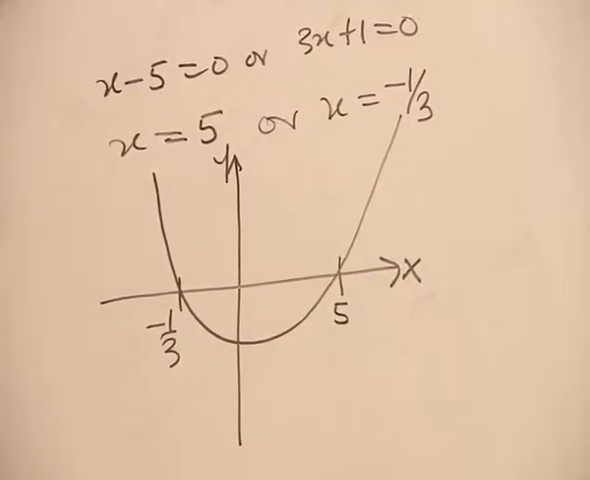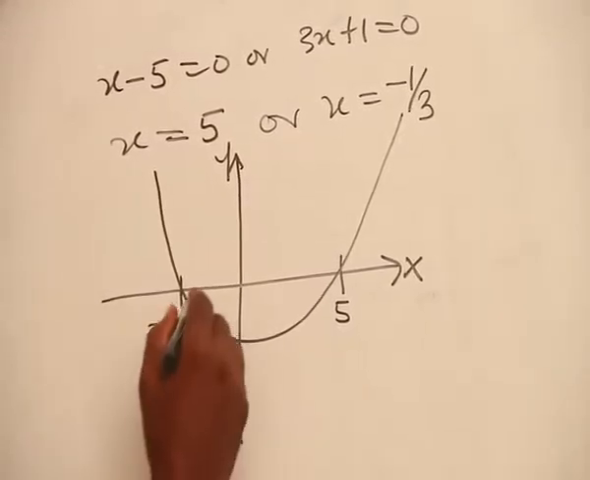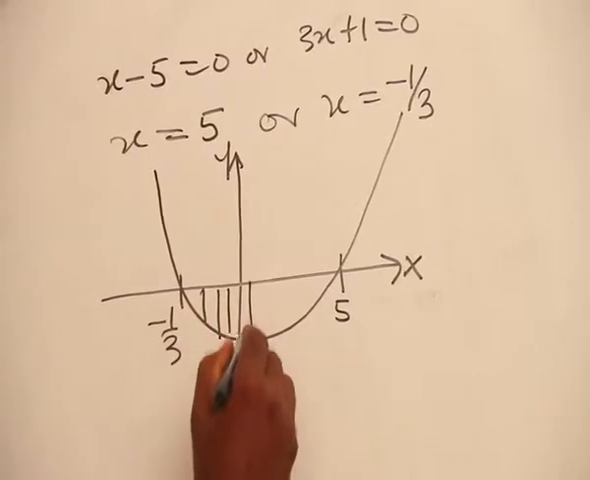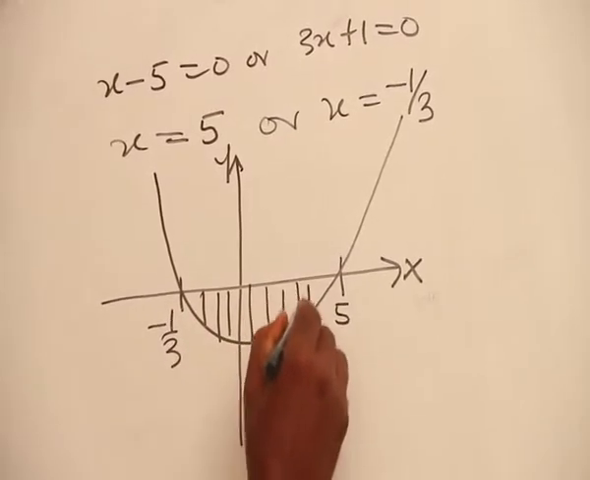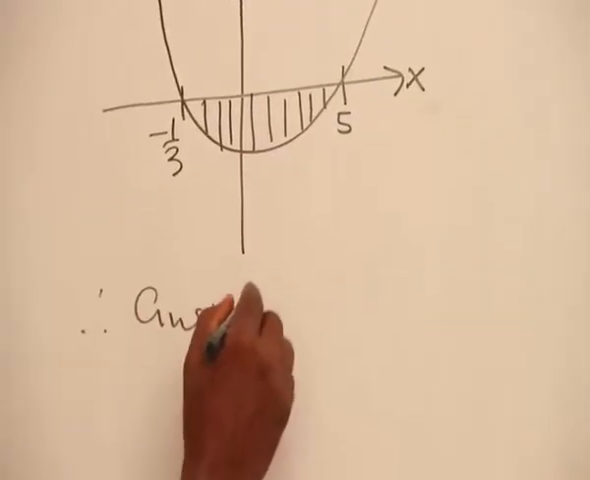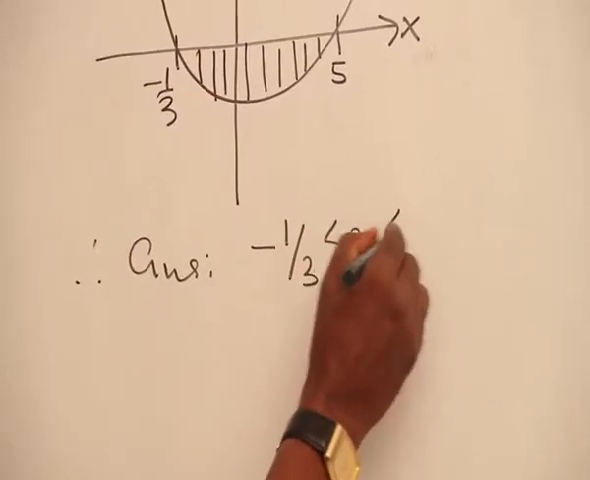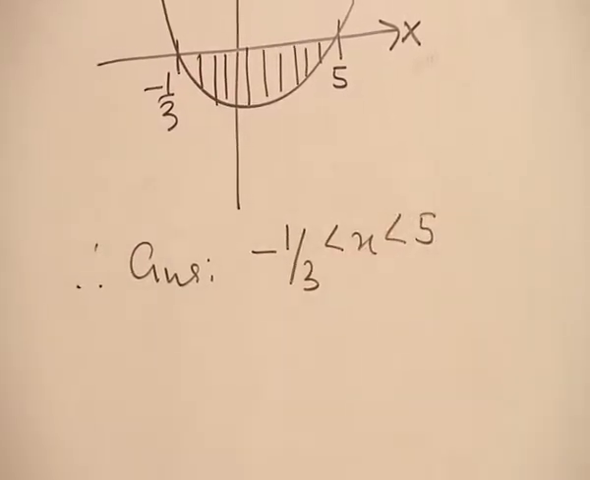Now that I've done this, I will consider whether it is greater than 0 or it is less than 0. In this case, it is less than 0. So the solution will lie here. Solution will be in this region. This is where the answer is. So therefore, our answer will be minus 1 over 3 is less than S and S is less than 5, as the case